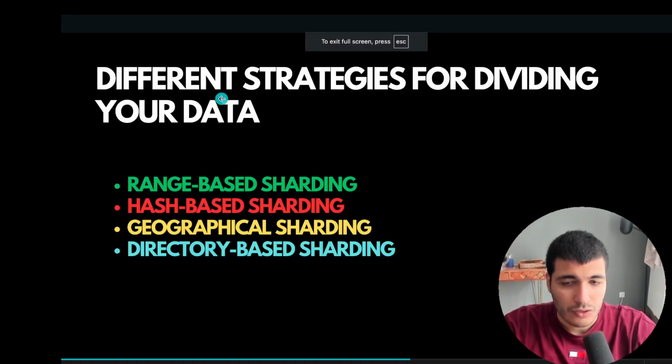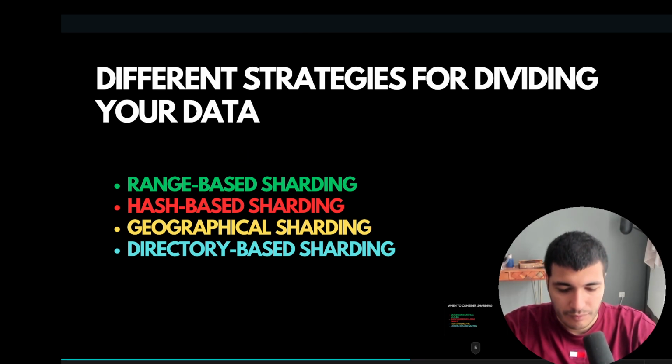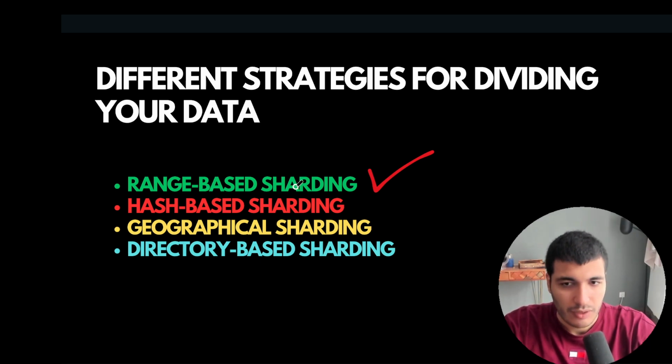Okay, so let's talk about the different strategies for dividing your data. First, we have range-based sharding. Basically, data is partitioned here based on a range of values in your shard key. For example, if your shard key is user ID,